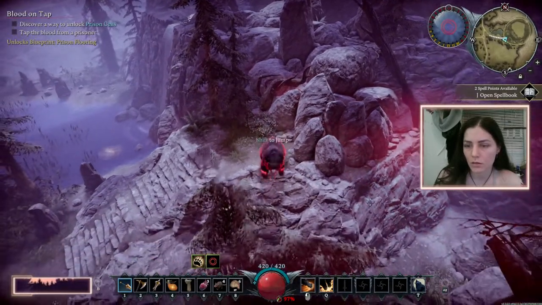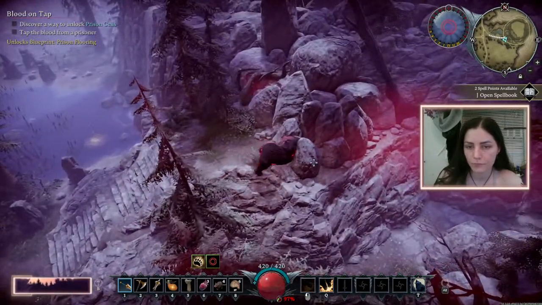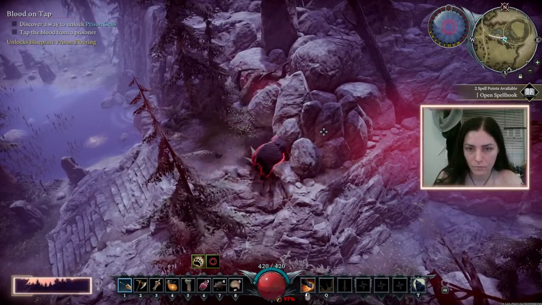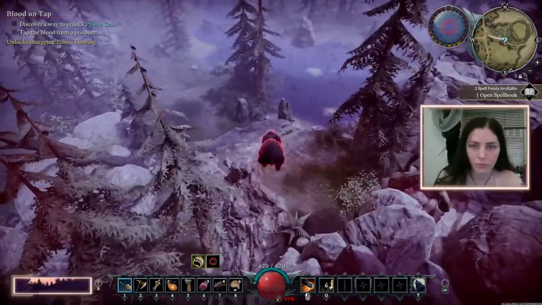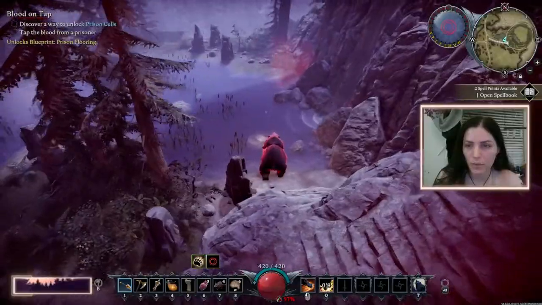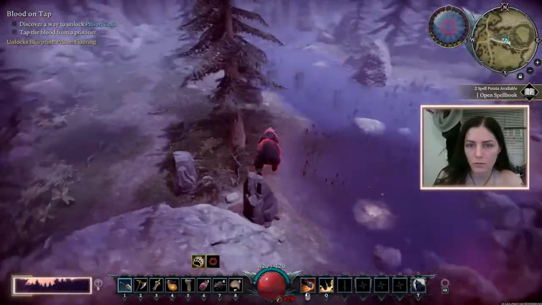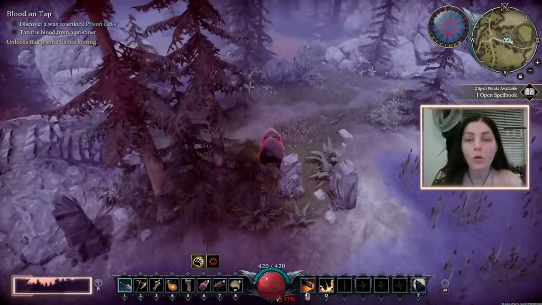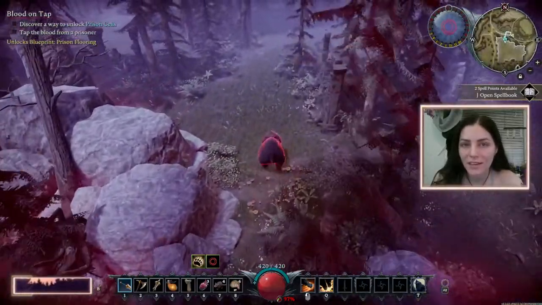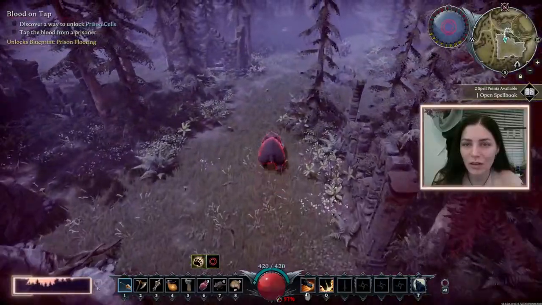How do I get there then? There's not. Bear in the water. I think it's weird that you... Oh, is it because vampires can't cross moving water? Is that why? Is that why you can't do anything with,